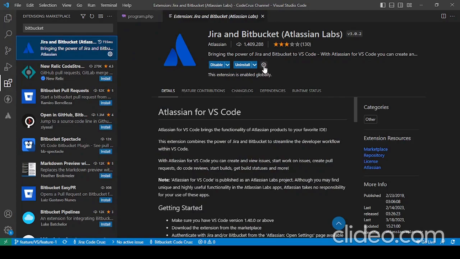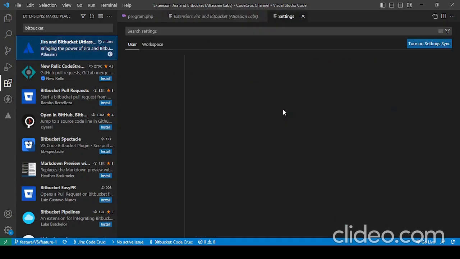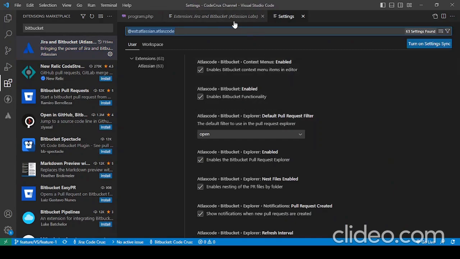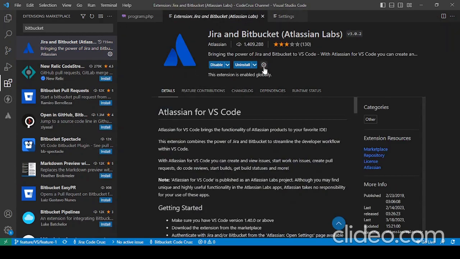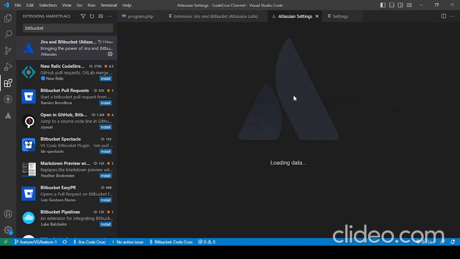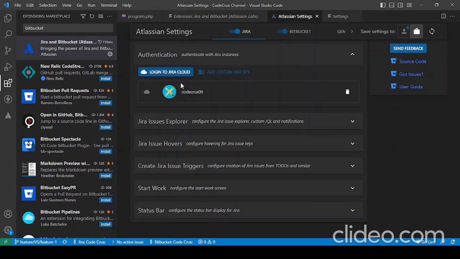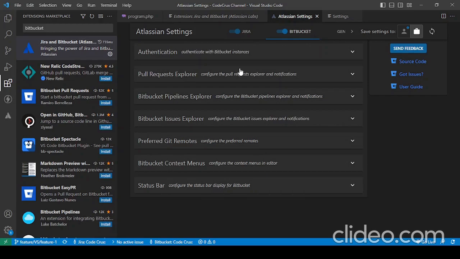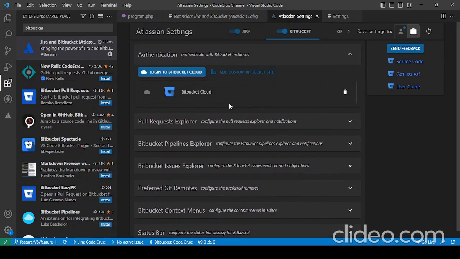Here you will have your settings. You can go by extension settings UI. I am logged in to Jira Cloud, and as well as Bitbucket. You need to do this first, and then